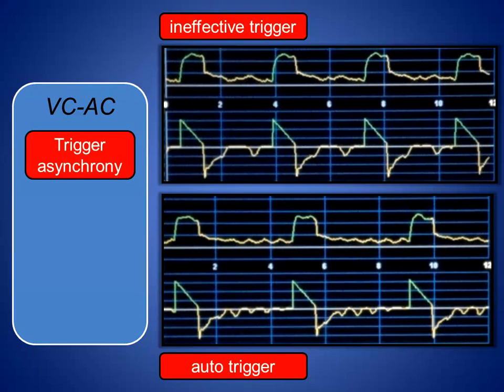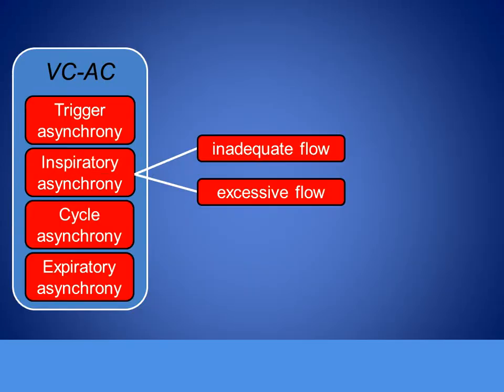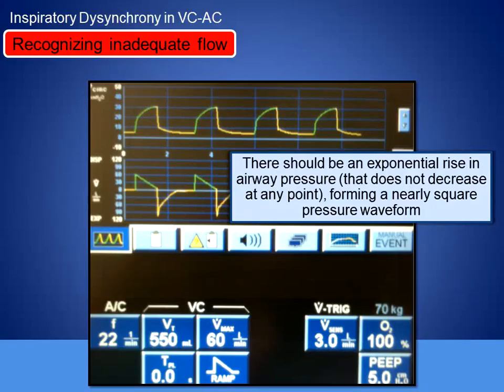We are going to advance here into the next portion of the breath. So once the breath turns on, triggers, the next portion is the inspiratory flow or the breath delivery portion. There's two types of inspiratory dysynchrony. The first type is an inadequate flow, the second type being excessive flow. How to recognize inadequate flow? I think you first have to start with, in anything here, what normal looks like. So the normal pressure time scaler with a decelerating flow should have an exponential rise as it goes towards its peak,